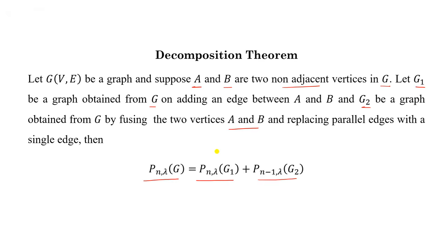So once we get a complete graph, the process will be terminated, and directly, without making any calculation, we know the chromatic polynomial of a complete graph. Then we can directly write the chromatic polynomial of the given graph. Then we can find this sum. So in this way we can find the chromatic polynomial of the graph G.